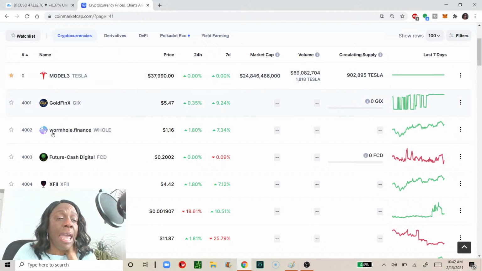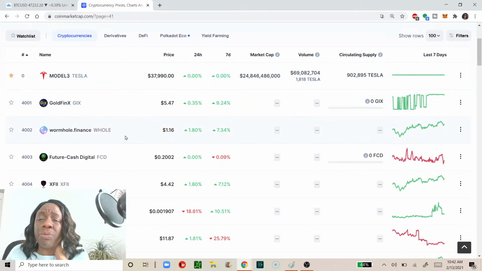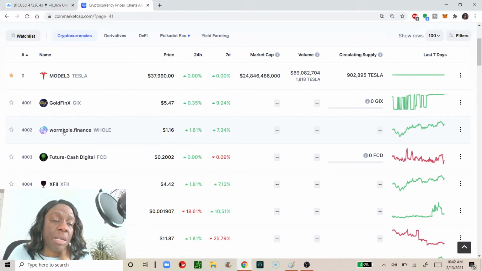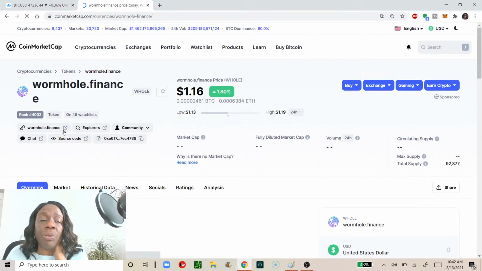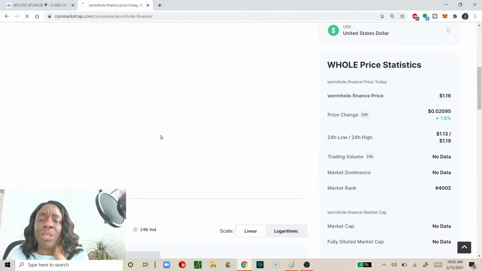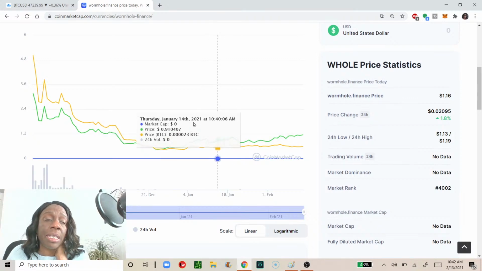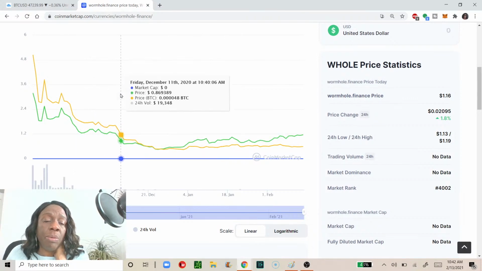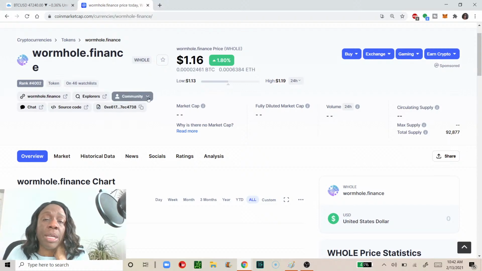Yes, and then on CoinMarketCap, you can do a bunch of research. You see a little snapshot to the left here of price action, just a snapshot. You can see whether it's green on the day, red on the day, and you can actually do a bunch of research. So if we look at this wormhole.finance and we click on it, it actually gives you a little information about the company. Here it is. You can do a little research, quite a bit of research actually. See how long they've been around, see just different things that you need to look at, different metrics.